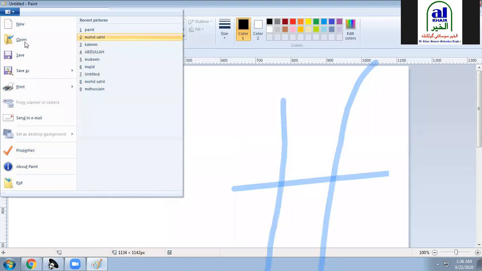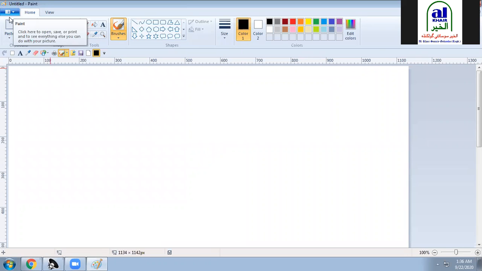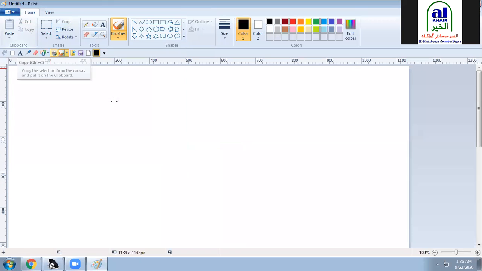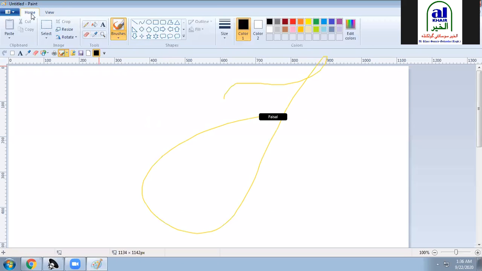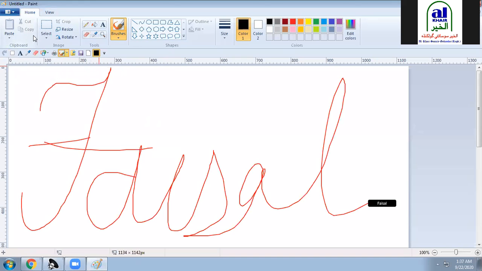You can open their files by going to open. If you want to start a new file, just choose new. What do we have in the menu here? In this menu we have the paste option. From outside we can bring something. We have the cut option, the copy option, we can select, we can do many things.